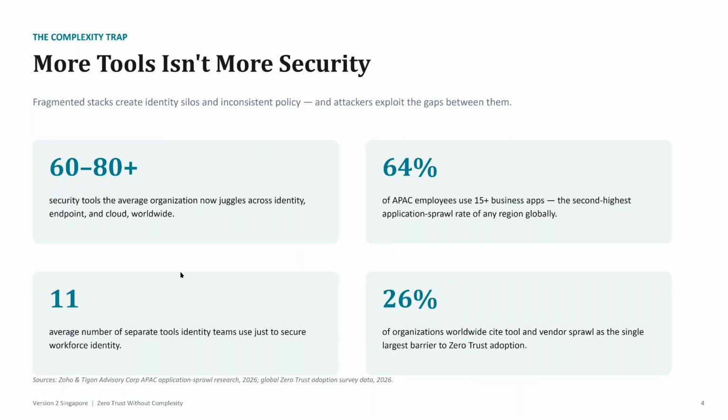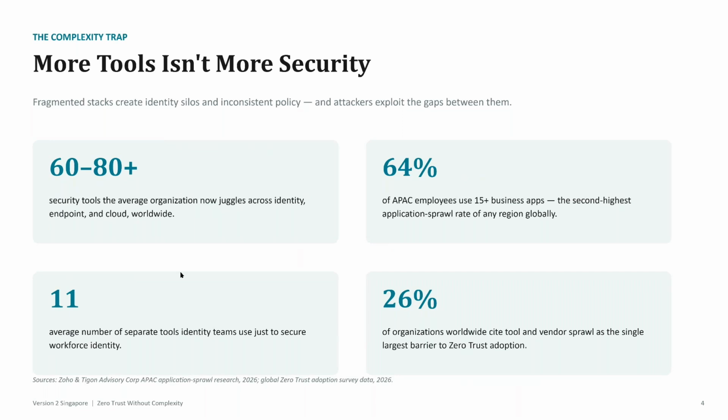And on average, there will be 11 separate tools for identity. So that can mean very scattered logs and events handling. So in case there is an attack or an account abuse, you may not be able to find out so quickly. Yeah, even though you may have a SIEM or others, in case you didn't collect it correctly or the correlation rule isn't written correctly, you may also miss that attack.